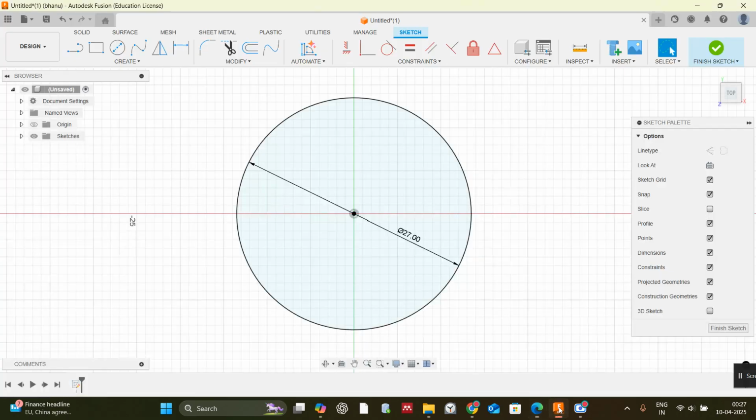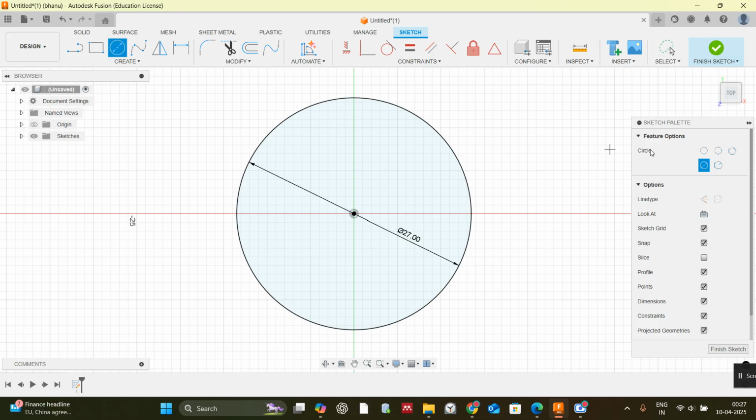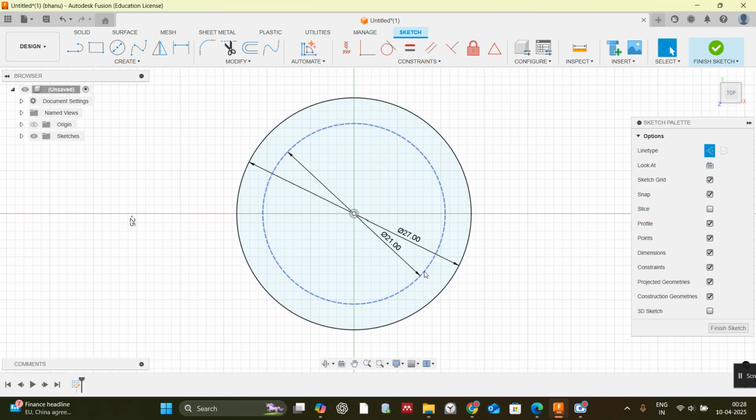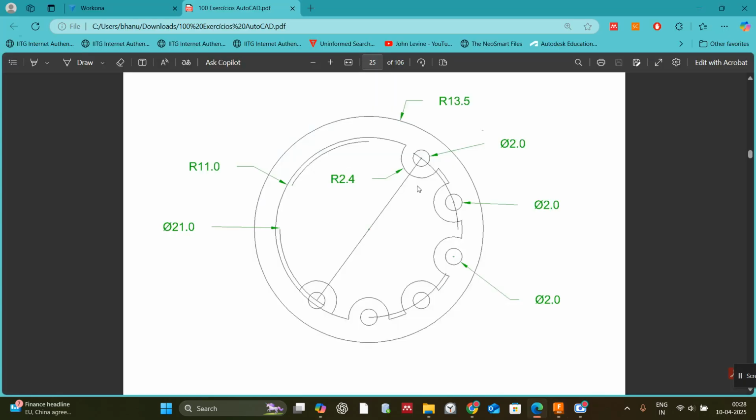So create it. So this going to the construction line, construction circle. So the diameter is 21 into 2. Sorry, 21. So you can see